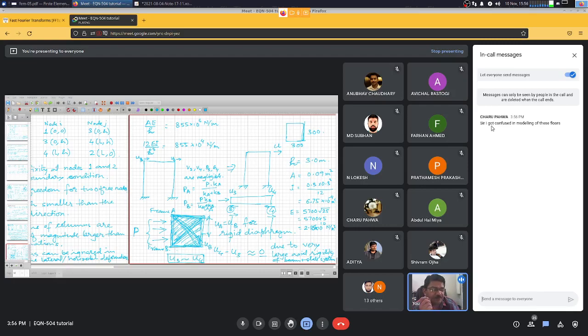Yeah, see, the whole idea is we try to keep the model as simple as possible, which will bring down the number of variables to solve for. So if the situation presents itself that we can reduce the number of variables just as I did, we came down from 6 degrees of freedom in the beginning to just 1 degree of freedom that we need to solve for, right? So that is what we call shear building modeling.